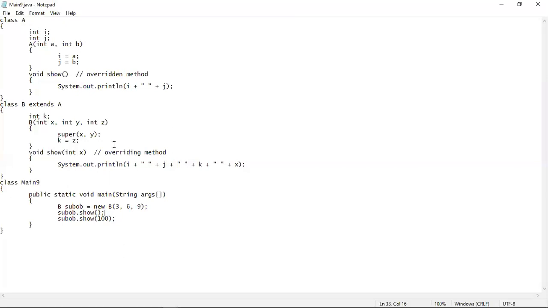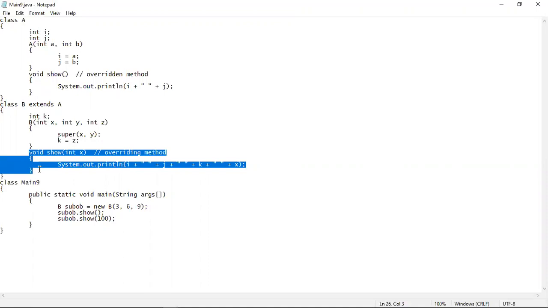So I have changed the program a little bit. Here you can see that I have given a parameter into the overriding method, an integer parameter, and here there are no parameters. But the two methods are still in the superclass-subclass relationship. That means the overridden method is there in the superclass, and the overriding method is there in the subclass.